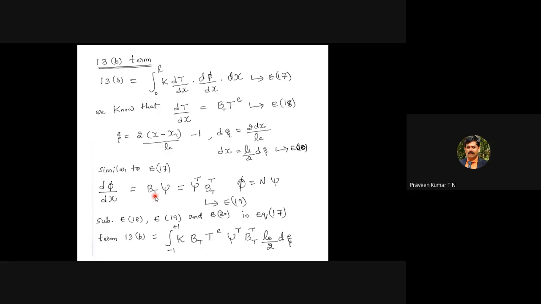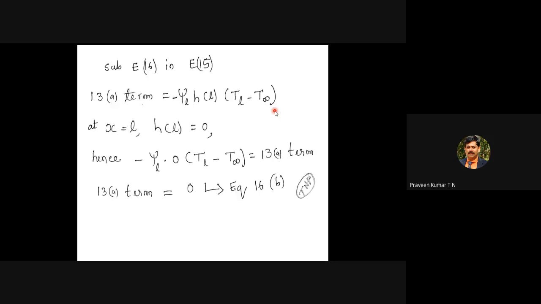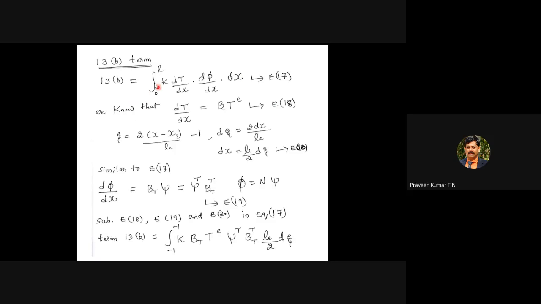That's the first part. When you come to the 13B term, it is like this; this is equation number 13. So this term becomes 0, this term becomes 0. Now you have to go for integration of the second term of equation 13. So now I am considering the second term of equation 13. We have the integration from 0 to L. As usual, we have the equation in the global coordinate. Now you have to convert that integration into natural coordinates, with the integration limit ranging from -1 to +1.